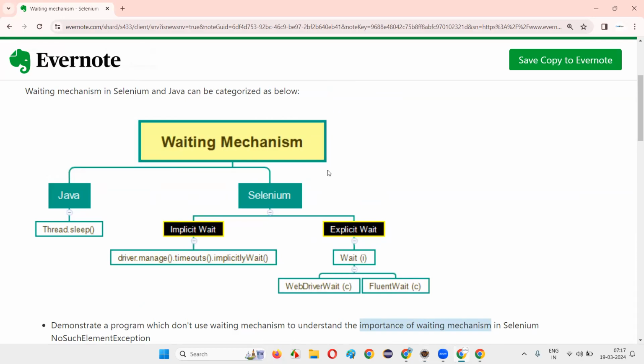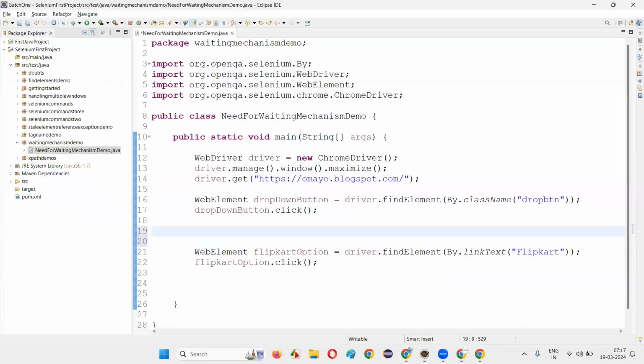So I would like to implement the solution with the help of different waiting mechanisms. One such waiting mechanism is from Java. That is the basic waiting mechanism. This is not from Selenium, guys. Whatever waiting mechanism I'm explaining is from Java, that is using thread.sleep. So I'll just add thread.sleep here